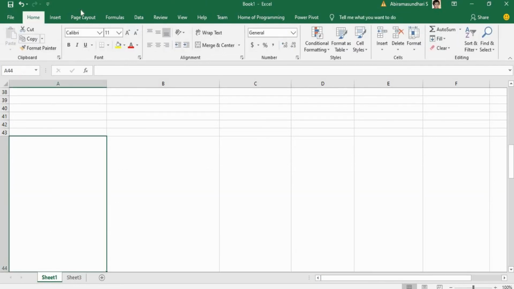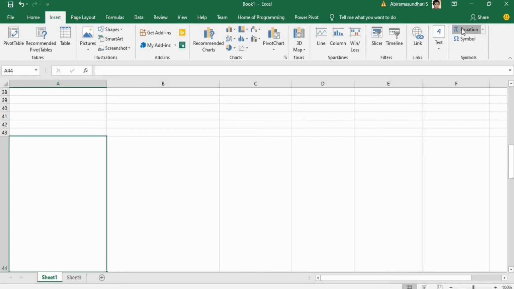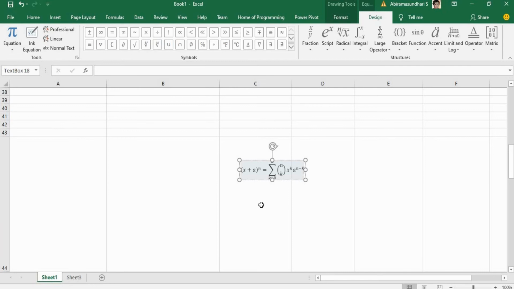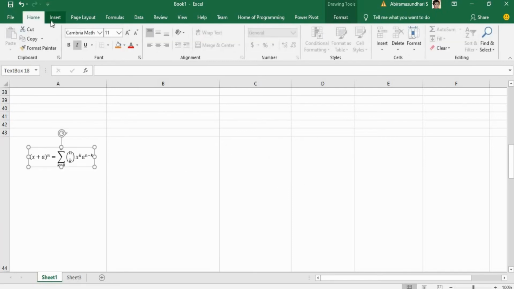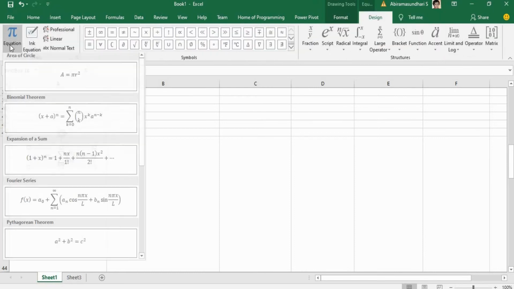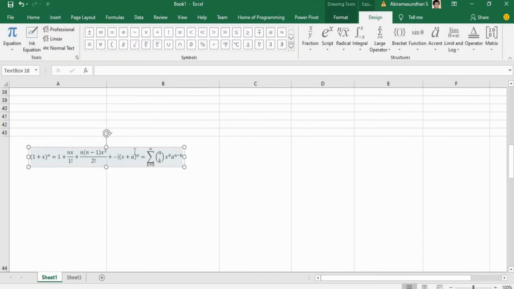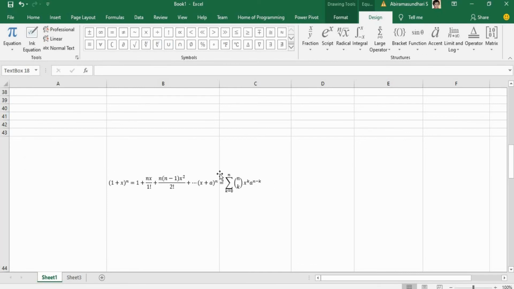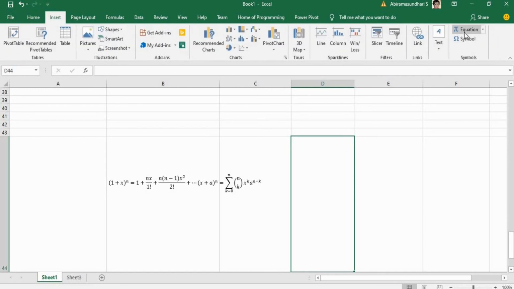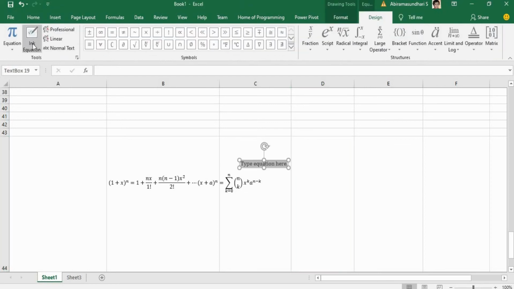So in this particular row, I want to insert some equation, right? So for that, I am going to click on equation and insert this particular equation, right? If you want to insert any predefined available equation, you can use that. Or alternatively, if you want to create a new equation, you can also create that. So for that, I am placing the mouse pointer here and I am going to click insert equation. In that, I am going to click on ink equation.